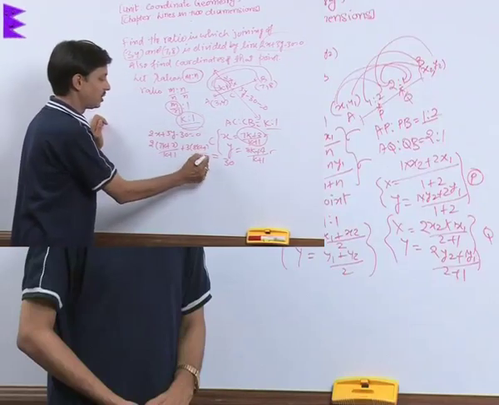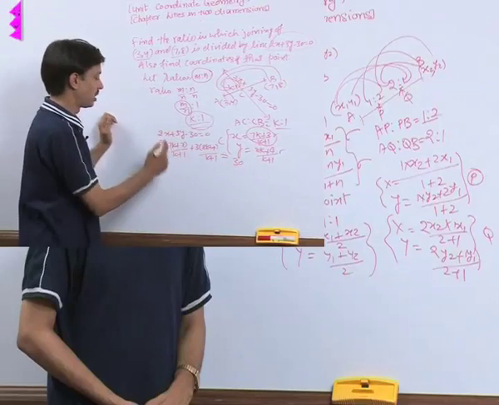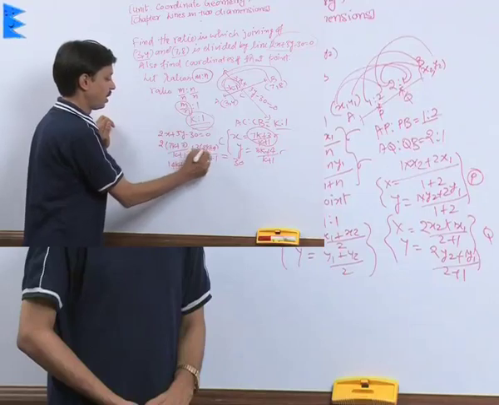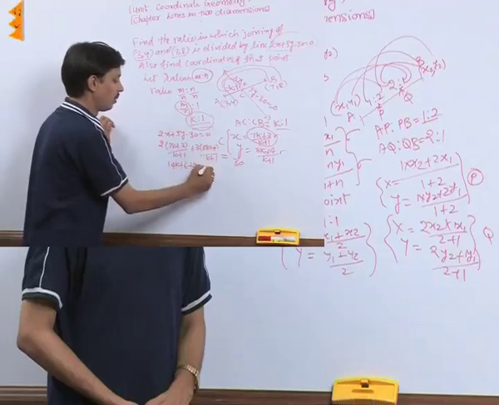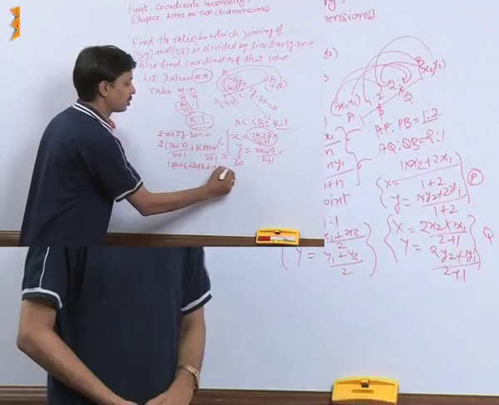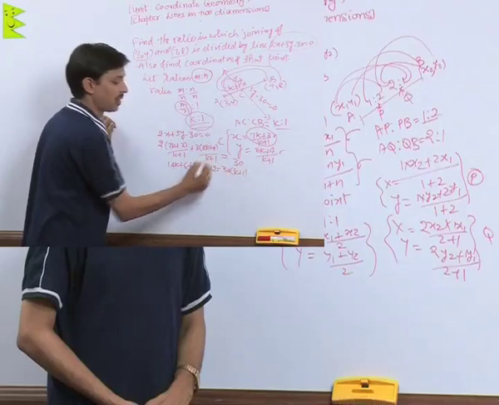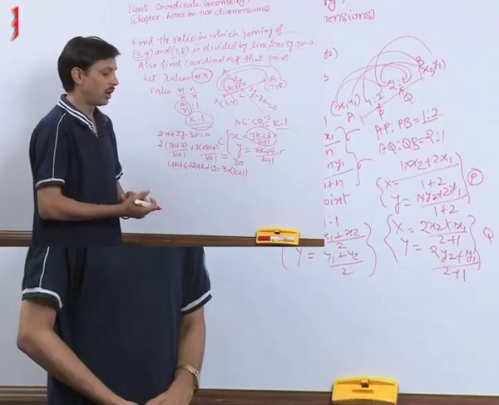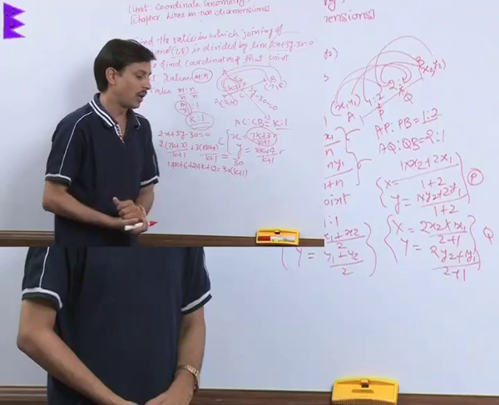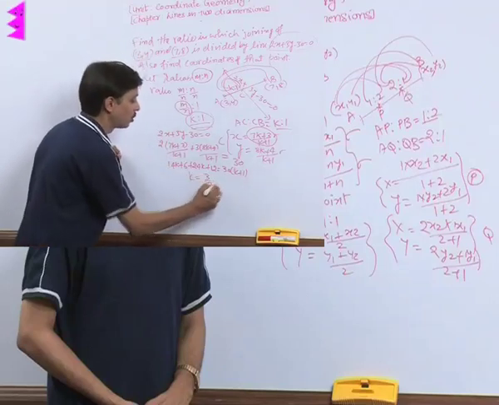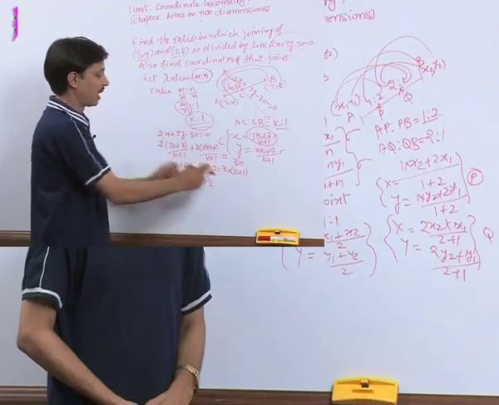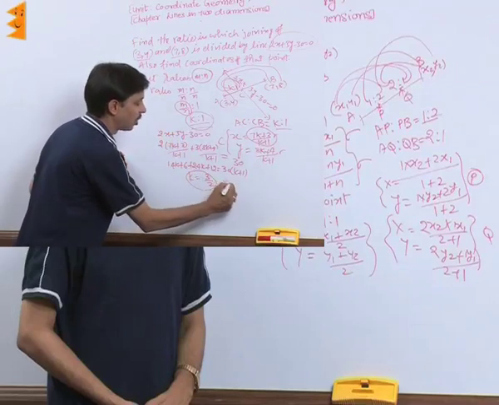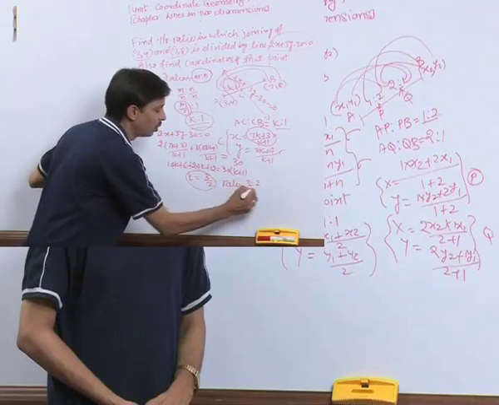When I take the LCM k plus 1 and cross multiply, I will find 2 times 7k is 14k plus 2 times 3 is 6, plus 3 times 8k is 24k plus 3 times 4 is 12, is equal to 30 times k plus 1. On simplifying this, I need to calculate the value of k. The answer of k is coming out to 3 upon 2. So k is equal to 3 upon 2 means the ratio becomes 3:2.